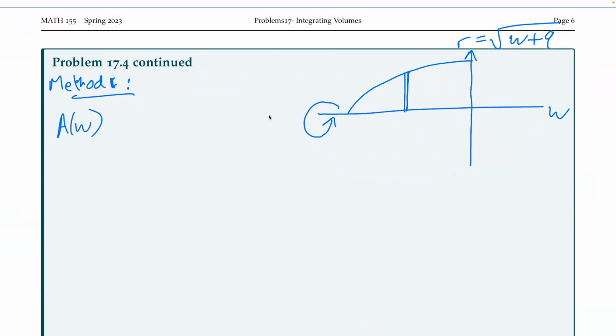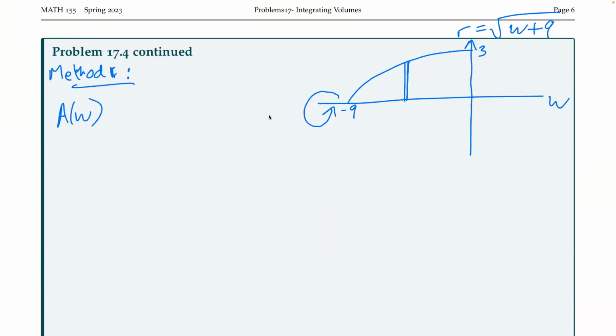So what is our cross-sectional area at width W? Just gonna put my bounds on here. This goes through -9 and 3. Our cross-sectional area,